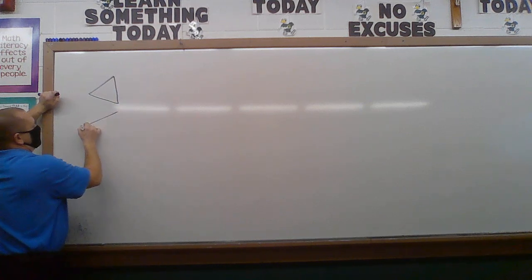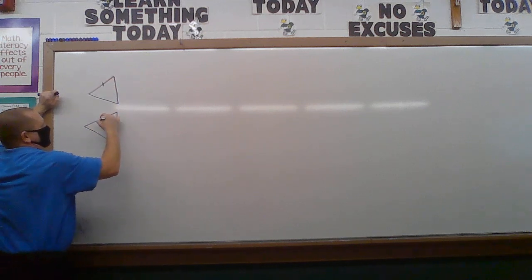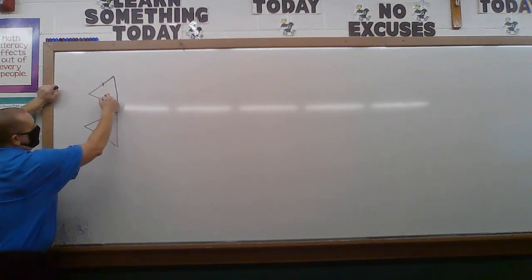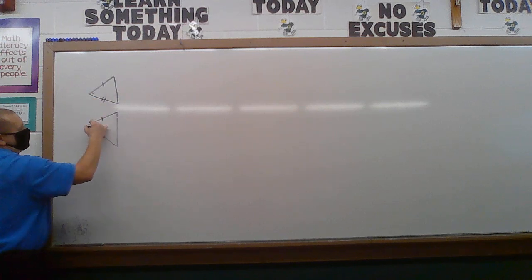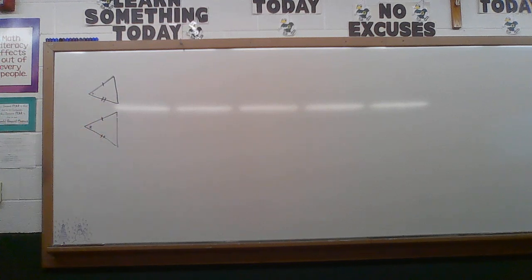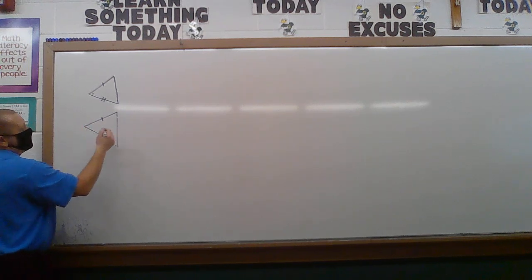Right? They're saying that this side is congruent to that side. And this side right here is congruent to that side. Okay? That's what those words said. The included angle then would be angle 1 here and angle 2 there. Everybody agree? So if they're saying that angle 2 is, instead of writing a little 2, we're going to say